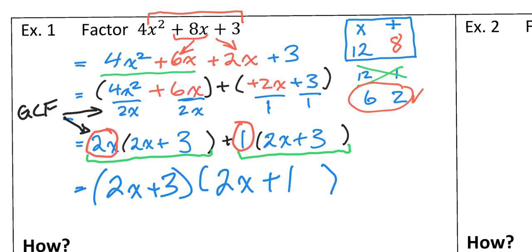middle term above. And what that allows us to do is it allows us to split the front half and the back half of our equation here, right? So it allowed us to split it in half. And then once we split it in half, we could pull out the greatest common factor, and that's what we